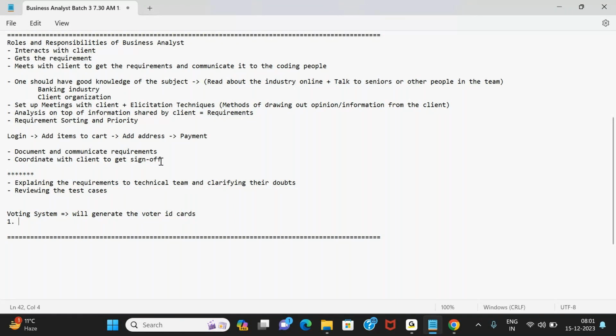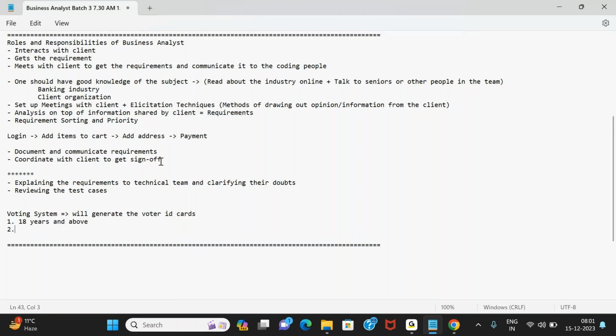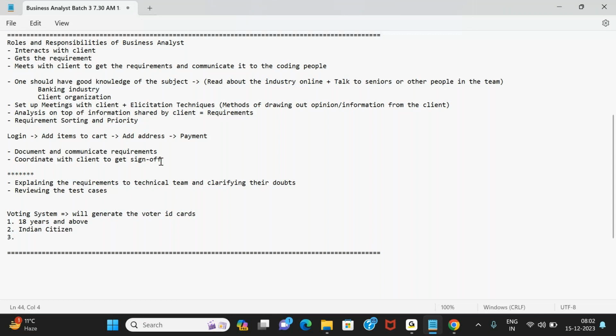One, the person should be 18 years and above. Number two, the person should be an Indian citizen. Number three, your name should be part of the state population. Okay,